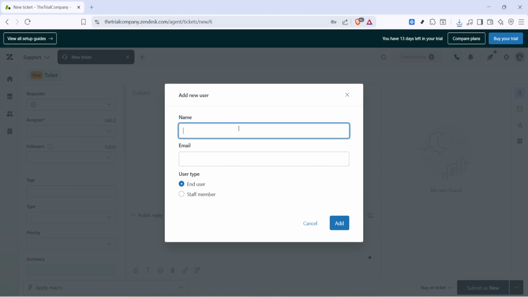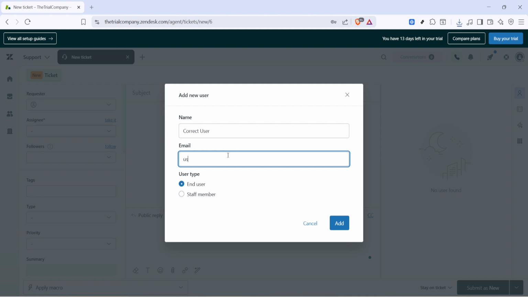If the customer already exists, start typing and select the correct contact from the suggestions. If you don't see them, click Add User to create a new profile. Enter the customer's full name and a valid email address, then click Add. Getting these two fields right ensures your reply goes to the correct person and the ticket threads properly in the